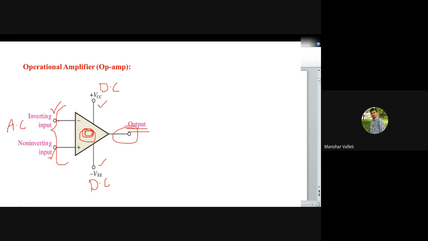One of the inputs we are calling the inverting input, and the other input we are calling the non-inverting input. We will see in the next slide why the names, but we'll try to understand here. We are applying two inputs because